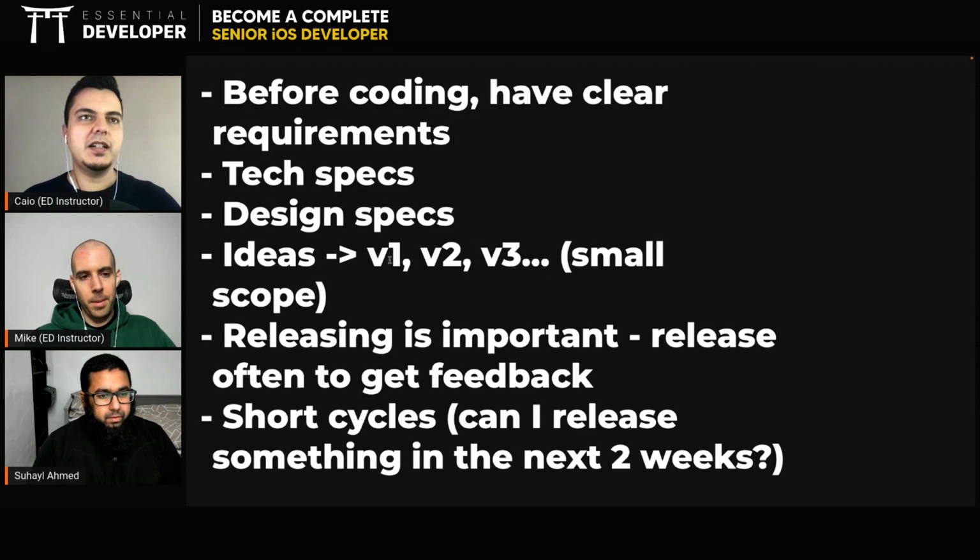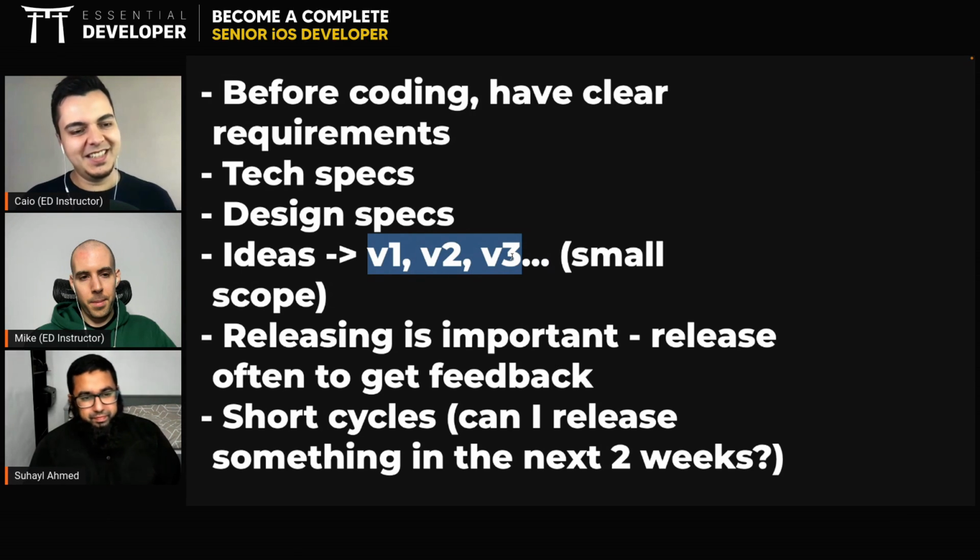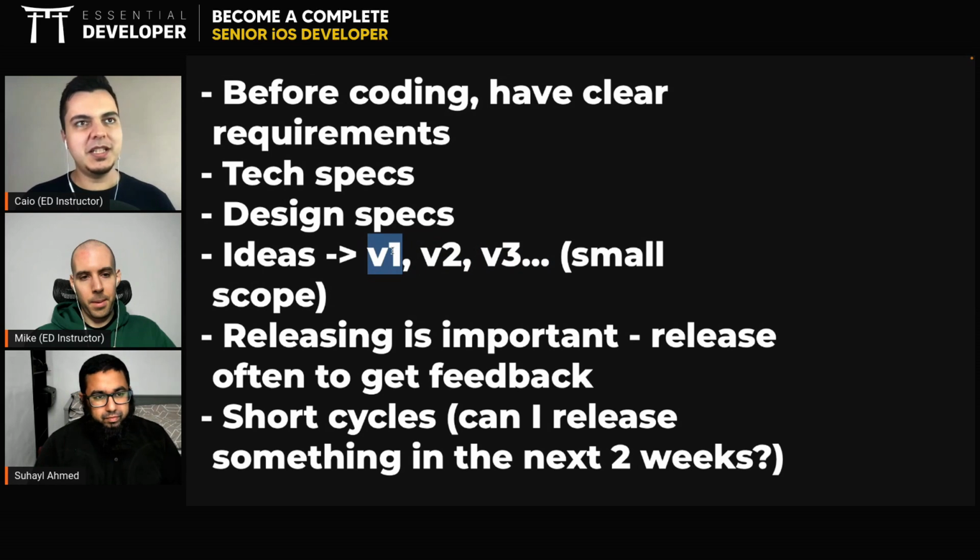Because maybe you have an idea, oh, this is what people would like in this app. You build it and actually they start asking you to do other features that you didn't even think about. But if you waited for 6 months to implement everything, you would deliver something they didn't want, right? So release something very basic in the beginning and keep improving it based on feedback and based on your ideas as well.